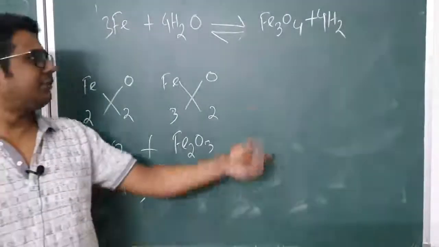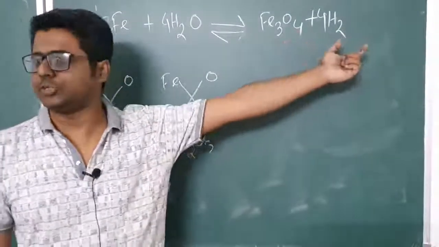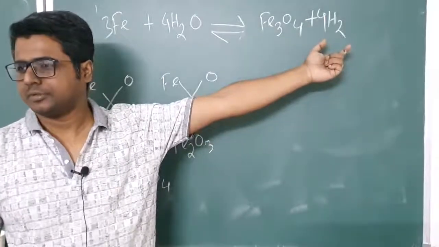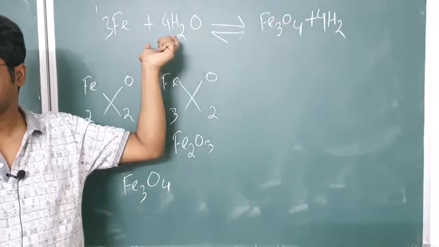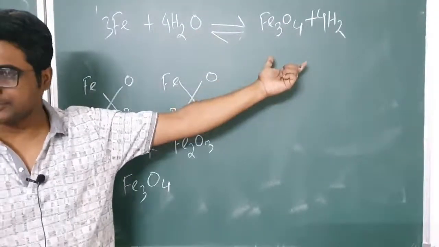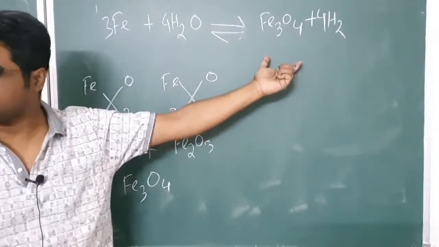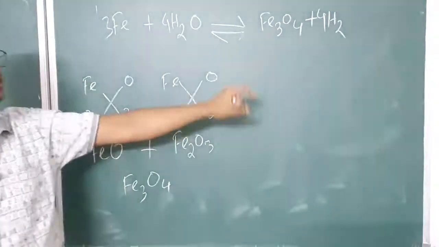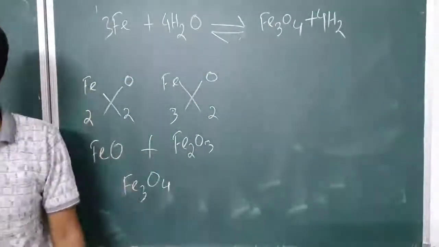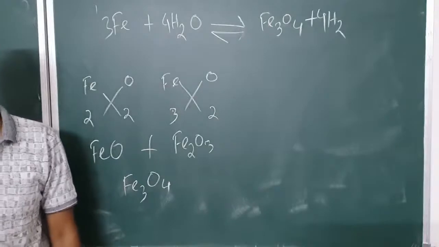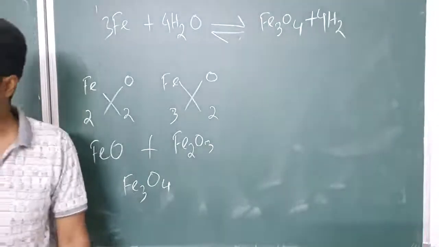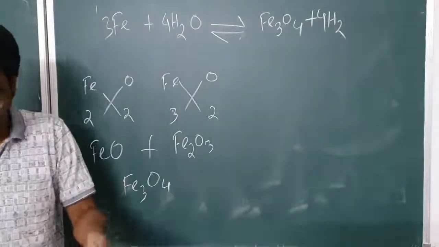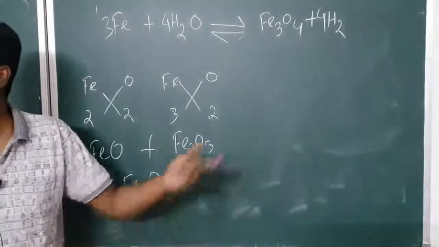See, whenever there is formation of Fe3O4 and H2, it will react back and form this one. It will react back when it is present. It will not react back if it is not present. So you just remove Fe3O4 as soon as it gets formed. You remove Fe3O4 continuously. So if there is no Fe3O4 in the reaction mixture, who will react with hydrogen?